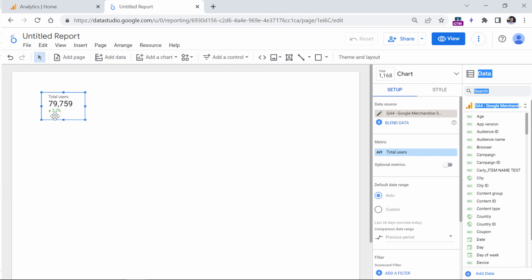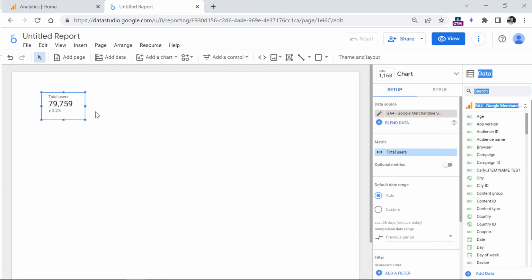So it means that things are going fairly well. But imagine a situation where someone new and unfamiliar to this dashboard looks at this number. Will he or she know that this is data from the last 28 days? Well, probably not. In that case, what would be very helpful is to also write down right here the period